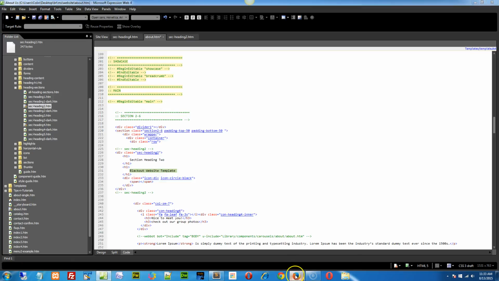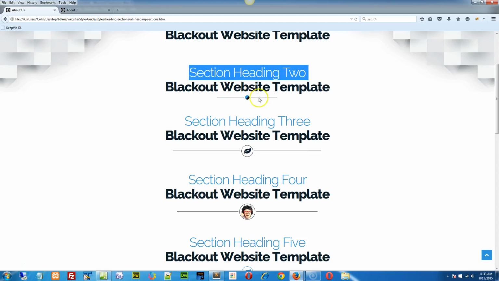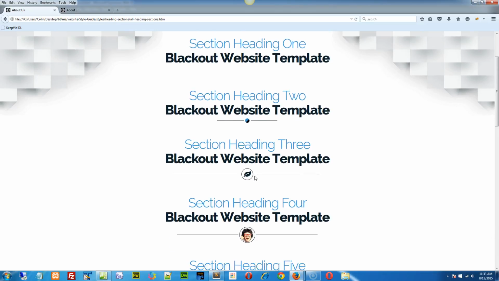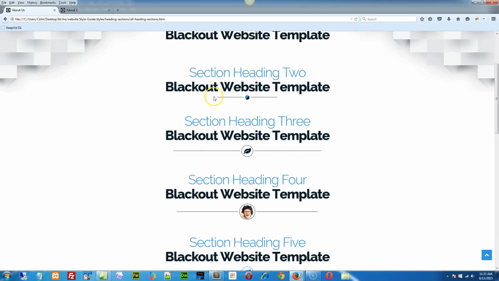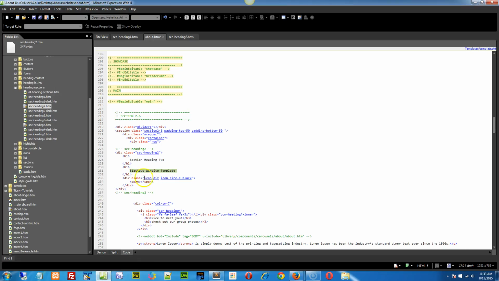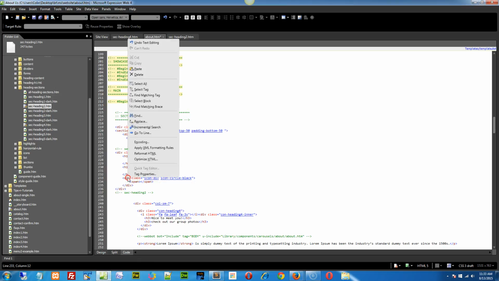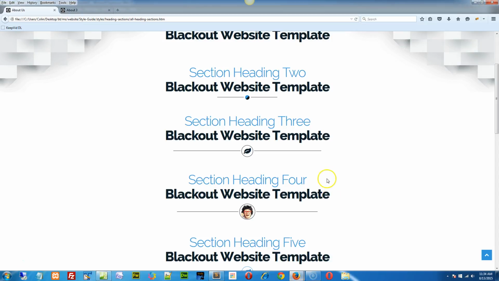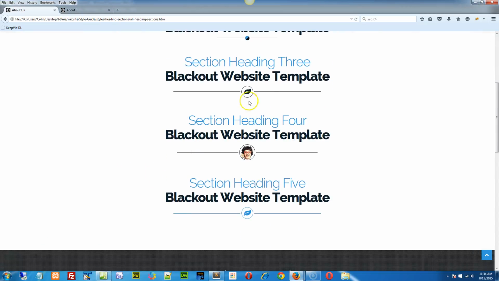There are certain things you can change yourself quite easily. For example, all the font sizes are the same for this particular series of section headings, and the only thing that really changes is this little decorative thing down below. I mean, if you don't want that, you can just simply find the div class of icon, do a select tag, and delete it, and then you won't have that little decoration underneath, and the section heading text will stand out for itself. But there are a couple other things we may add, and it could be a Font